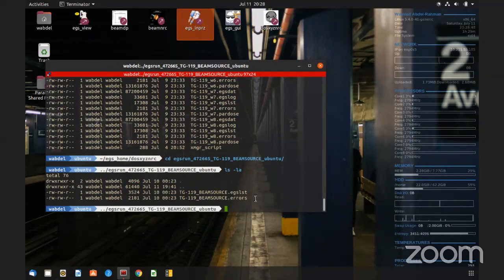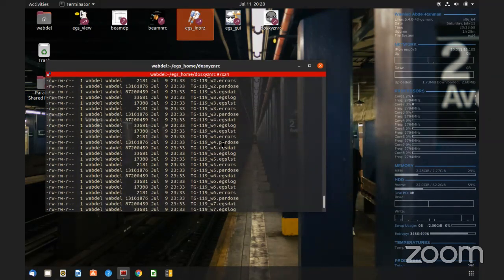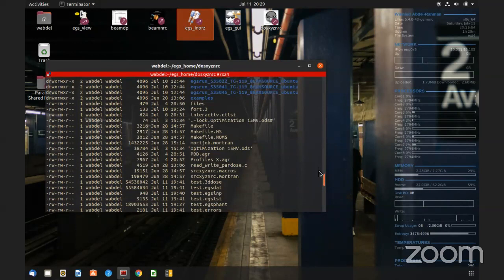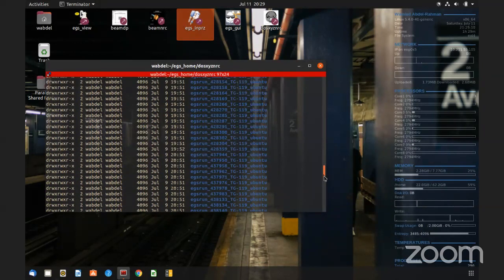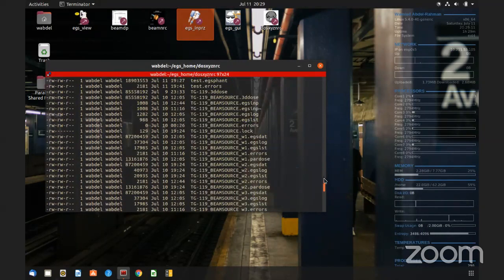So the par-dose file will be stored in those folders until the simulation is done. Then it will be copied back to the main folder. So if you had a power shutdown,